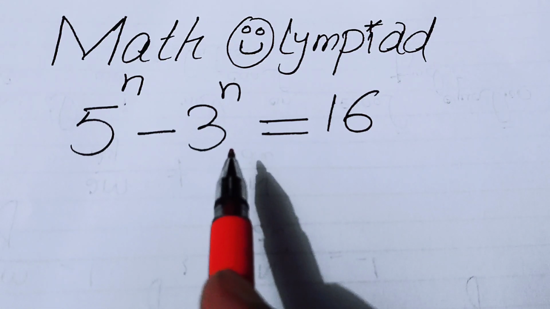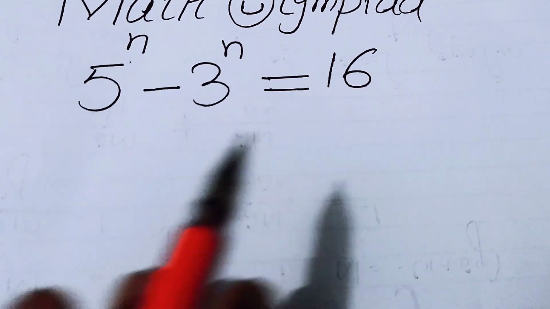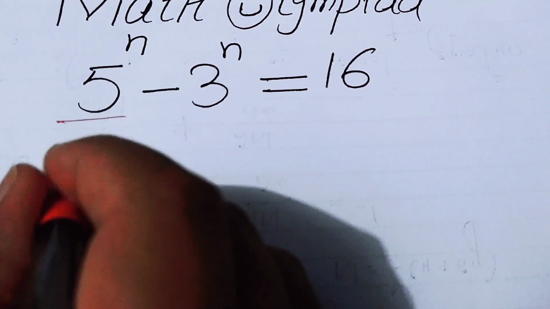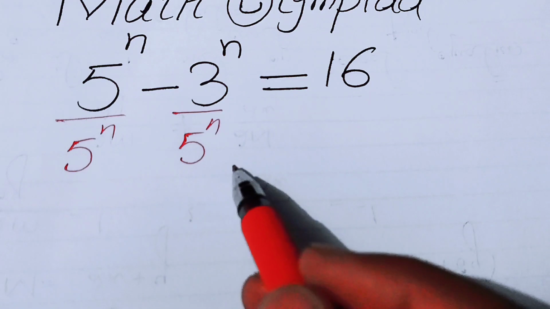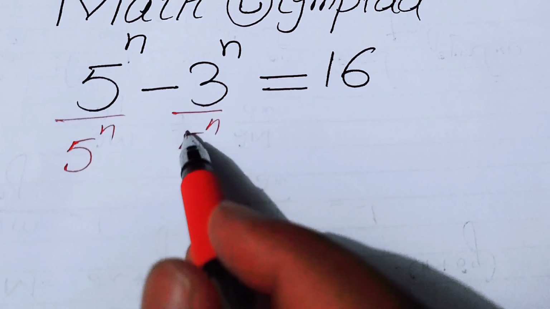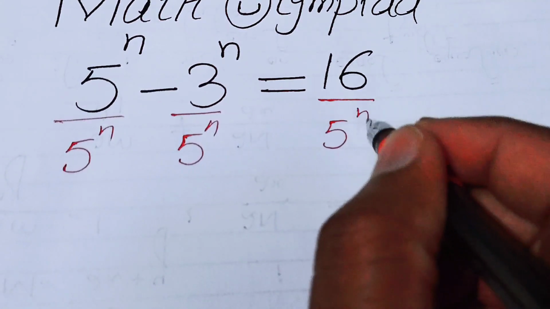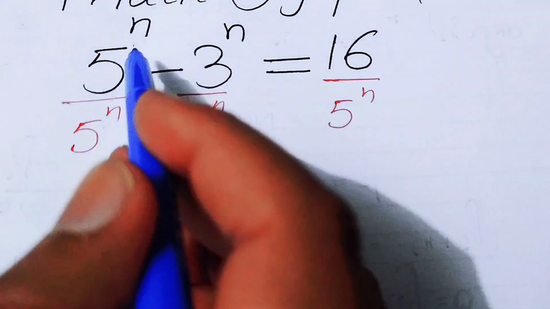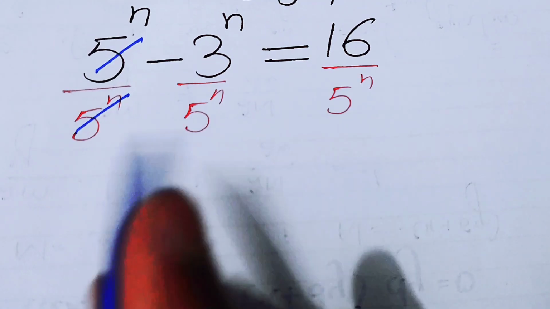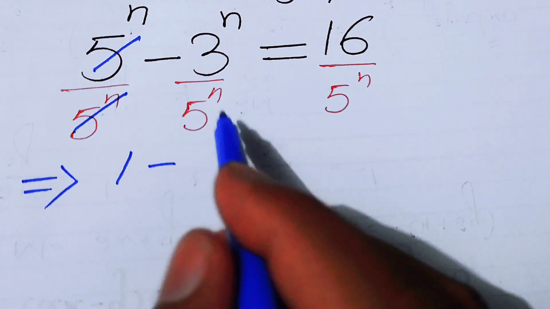So the very first thing we are going to do is divide both sides by 5 to the power of n, so that you will get the output in the form of 5 to the power of n over 5 to the power of n minus 3 to the power of n over 5 to the power of n is equal to 16 to the power of n over 5 to the power of n. So after that, you can see that 5 to the power of n over 5 to the power of n is gone, and you will get the output in the form of 1 minus 3 to the power of n over 5 to the power of n,